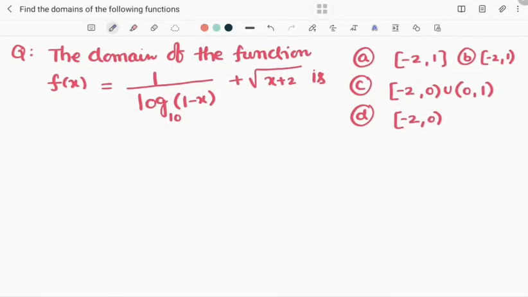The next question: the domain of the function f(x) = 1 by log(1 - x) to the base 10 plus root of (x + 2). So we know that 1 by log function, whenever it is in the numerator, is different, and when it is in the denominator it is different. So here it is in the denominator, no? So log(1 - x) to the base 10 is defined